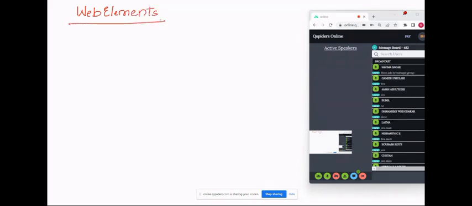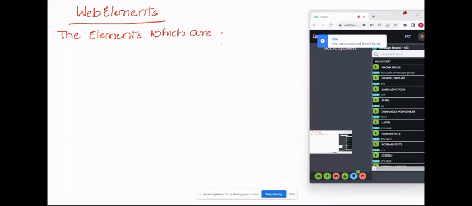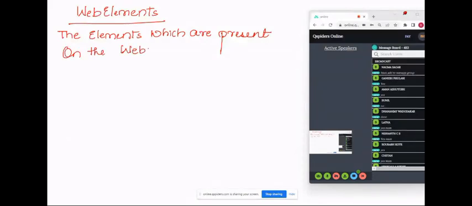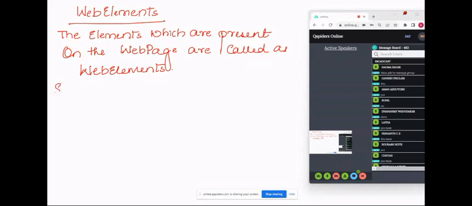So guys, what is web elements? The elements which are present on the web page are called as web elements. So what is web elements? The elements which are present on the web page are called as web elements,